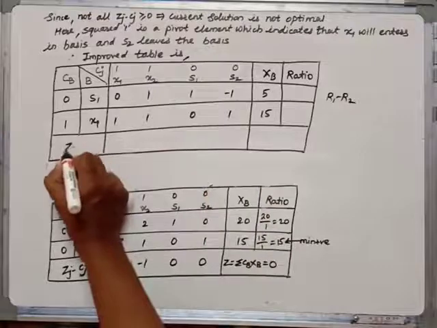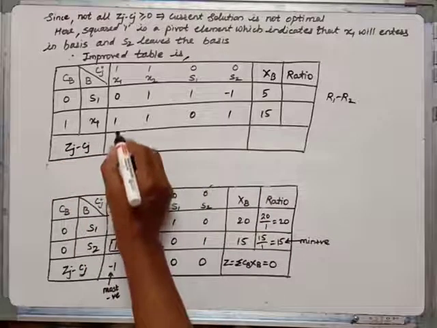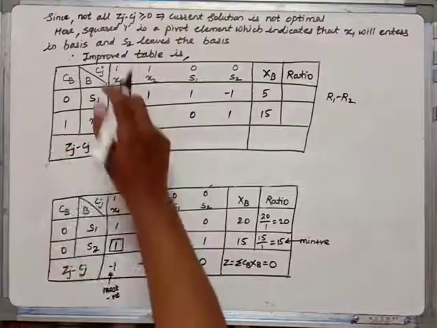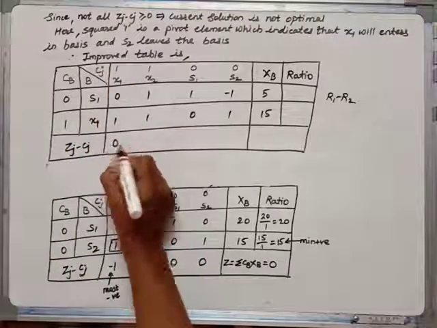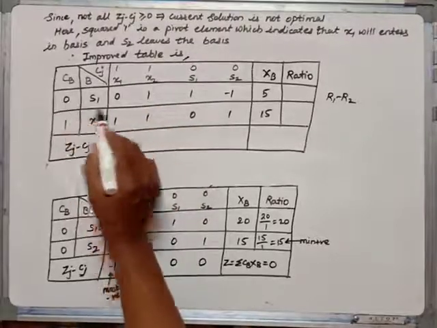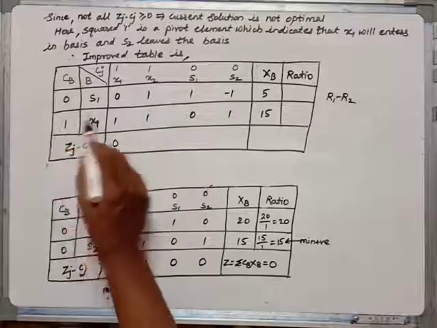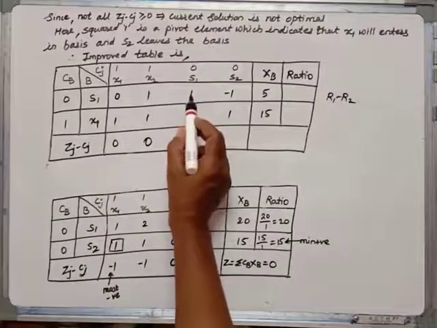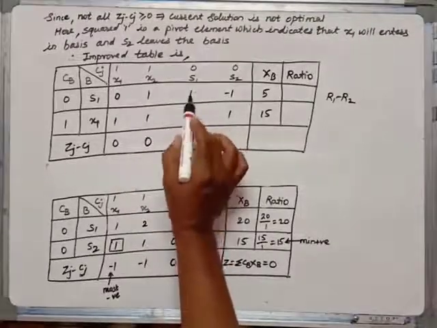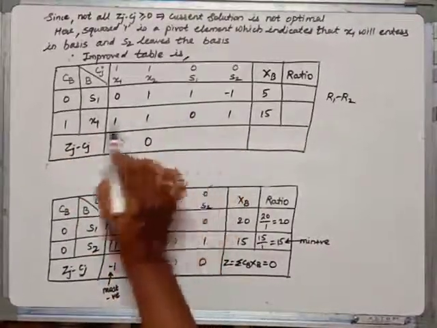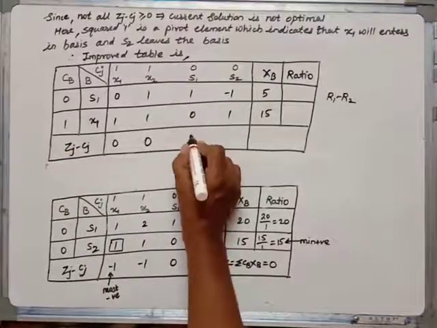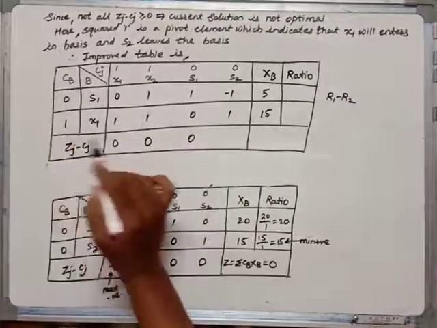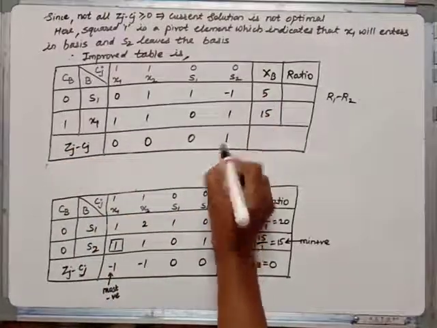Now let us determine Zj minus Cj. So 0 into 0 is 0, 1 into 1, 1 minus 1, so here we get 0. Again 1 into 0, 0 plus 1 into 1, 1. So 0 plus 1 is 1 minus 1 is again 0. Now 1 into 0, 0 plus 0 into 1, 0 minus 0, so here we get 0. Minus 1 into 0, 0 plus 1 into 1 is 1 minus 0. So here we get 1.